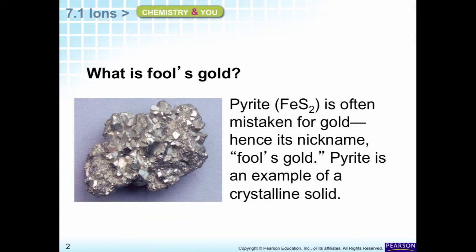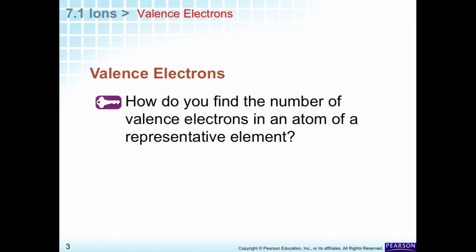You might have heard of fool's gold. Fool's gold is actually a mineral called pyrite. It's a form of iron sulfide, and it's often mistaken for gold because it will have yellow streaks in it. It's a crystalline solid. So that leads us, since it's a compound, and it's an ionic compound,